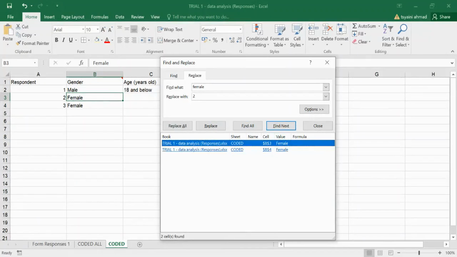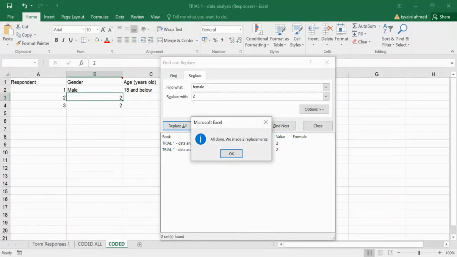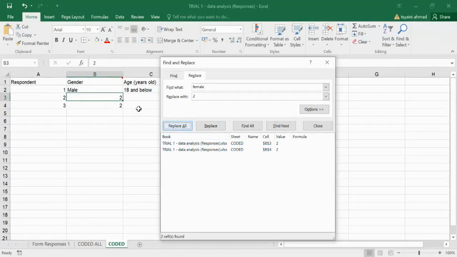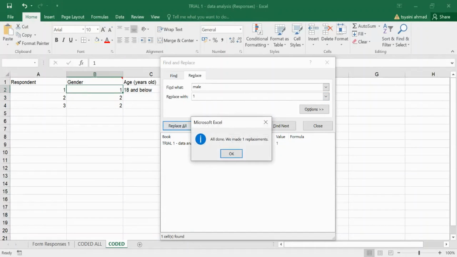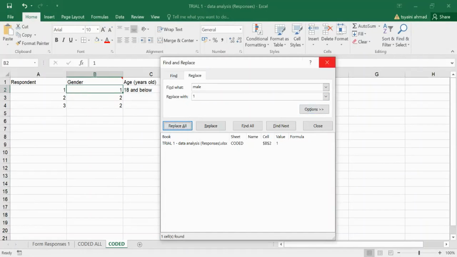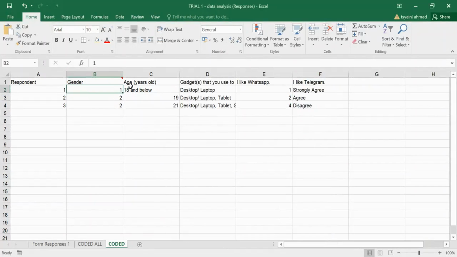If the value is female, you replace all. And then the computer will tell you we made 2 replacements because there are 2 cells that have the word female. So then you click OK, right? After that, you search for male. Then you replace with number 1. Okay, the same goes: you find all, and then you replace all. All right, so you do this to all the